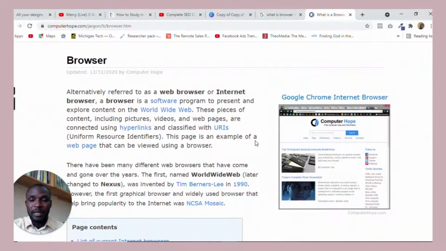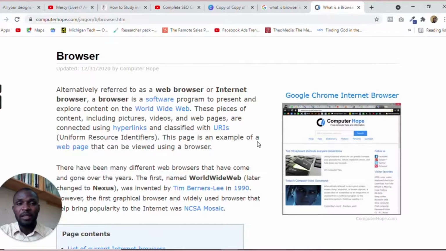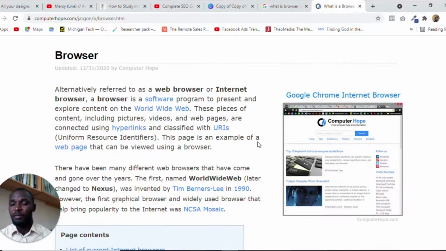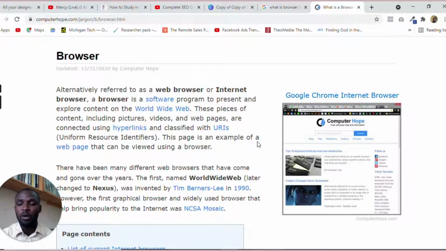Before we start, what exactly is a browser? Before the advent and the evolution of the apps that we all use now on our mobile phones, on our emulators and what have you, a browser is that particular piece of software that actually enables you to explore the internet.